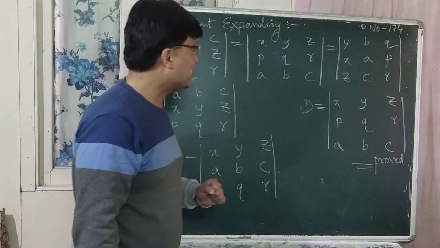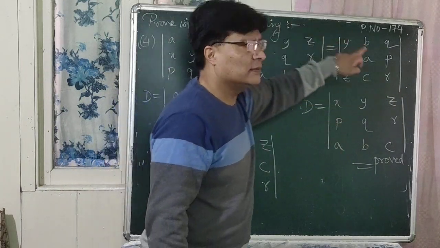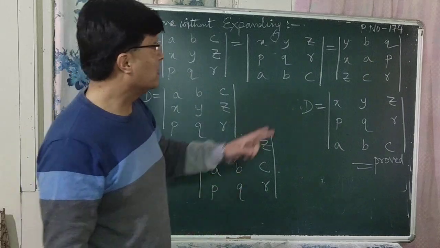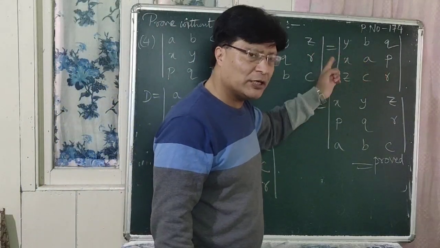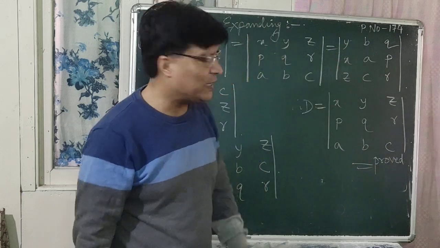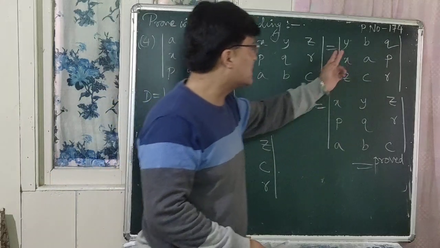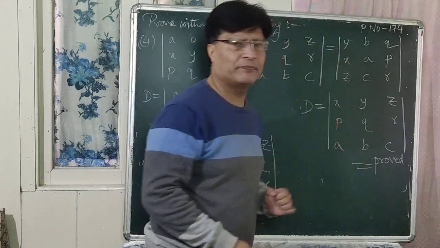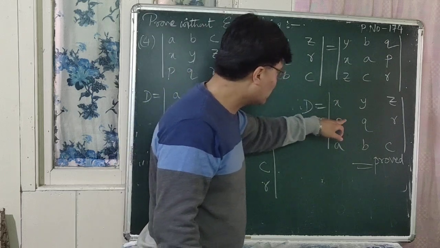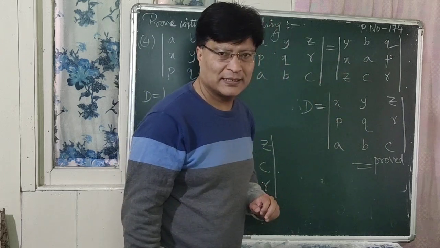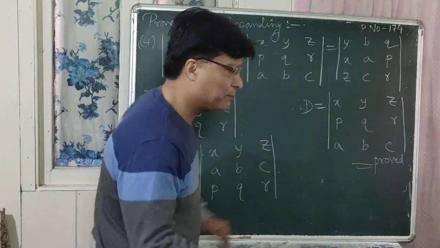Now let us prove the third determinant from the second determinant. The third determinant has first row YBQ, second row XAP, and third row ZCR. Let us prove this third determinant from here. Just now we have proved this determinant, this one. Now we have to prove that this is equal to this. Is that clear? So now, as a next step,